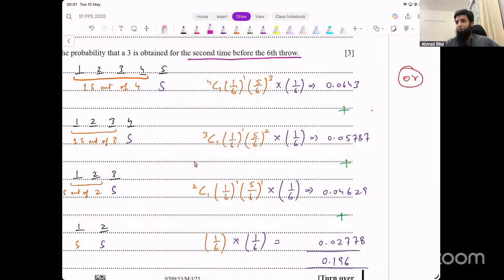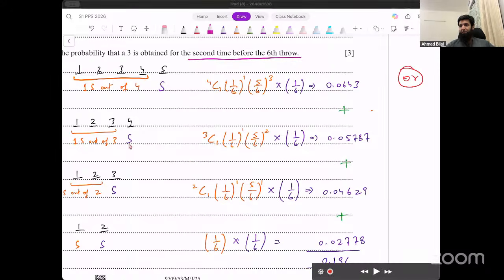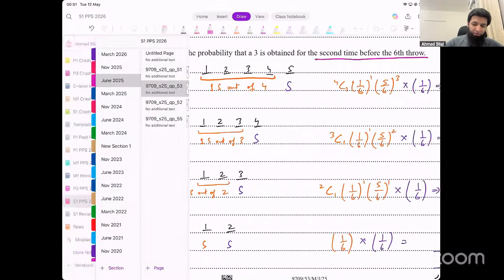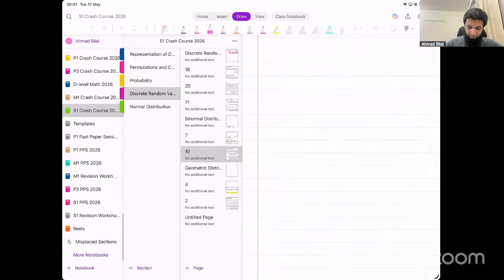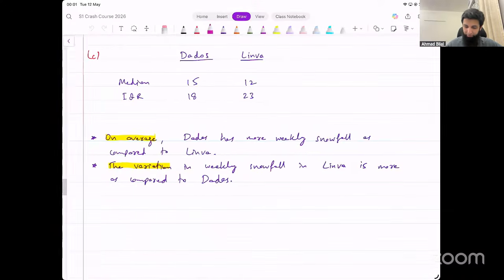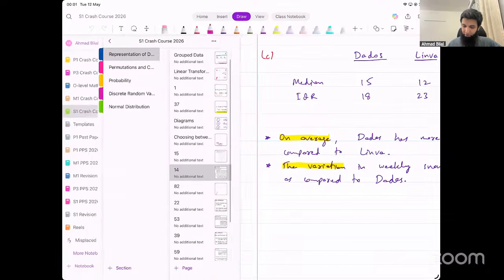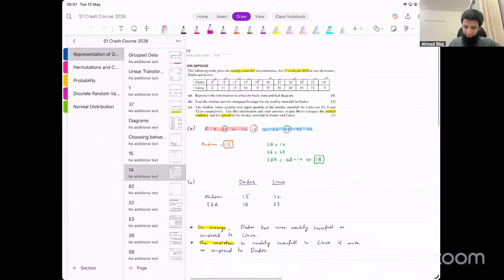What is the condition in cumulative frequency curve where we have to look for the value by subtracting from the total? वो जब वो कहते हैं ना कि probability, let me actually open a question for that. S1 crash course representation of data, cumulative frequency curve का भी question नजर आ रहा है यहाँ पे।